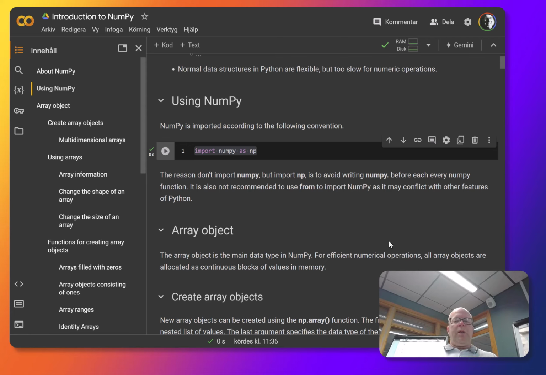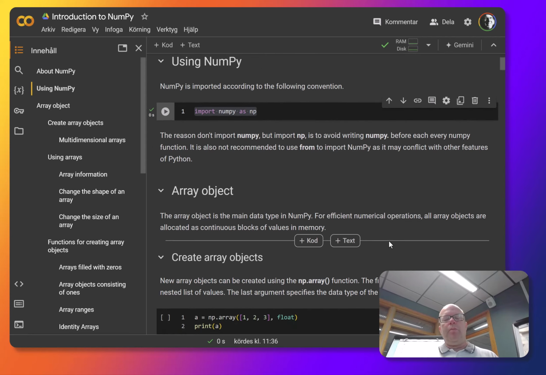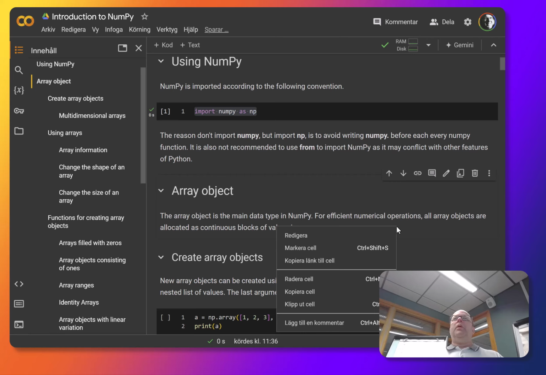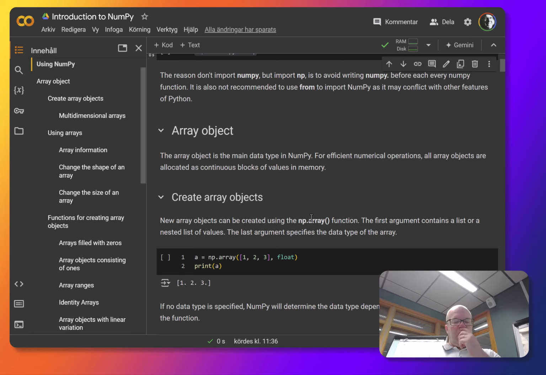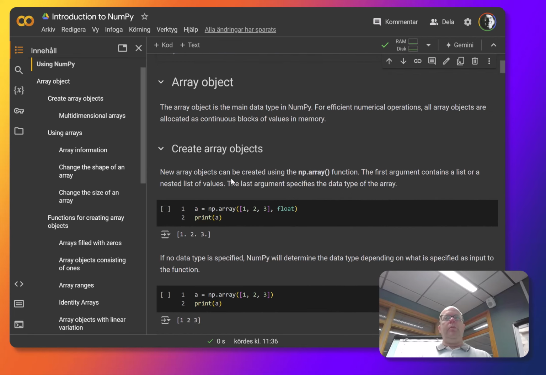The most important object in Numpy is the array object, and that handles a continuous memory block of a certain type in memory. So you don't handle individual items in it. You allocate the complete block of memory for the array, and then you work on that. So how do you create an array object? Really simple. You use the array function. Here in this case, I do a equals np.array, and you pass it a list of values,